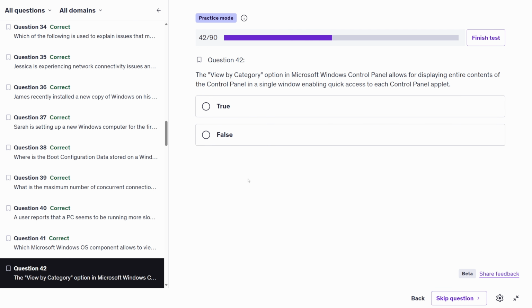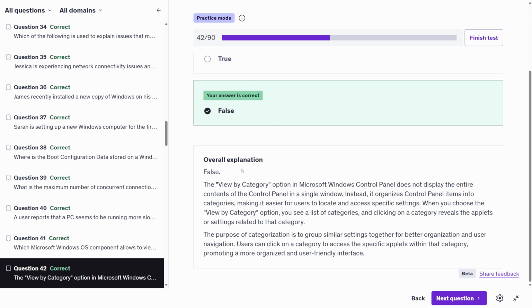The View by Category option in Microsoft Windows Control Panel allows for displaying the entire contents of the Control Panel in a single window, enabling quick access to each Control Panel applet. True or false? And this is actually going to be false. The View by Category option in Microsoft Control Panel does not display the entire contents of the Control Panel in a single window. Instead, it organizes Control Panel items into categories, making it easier for users to locate and access